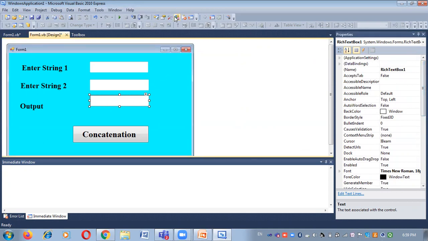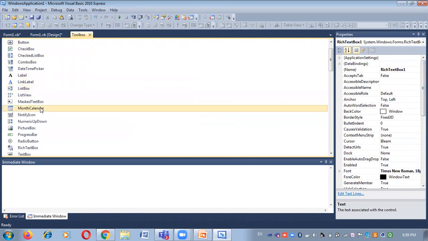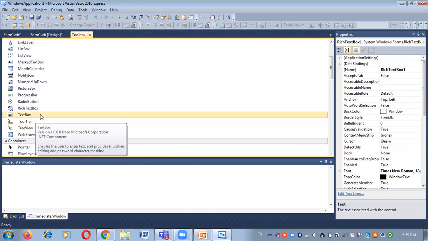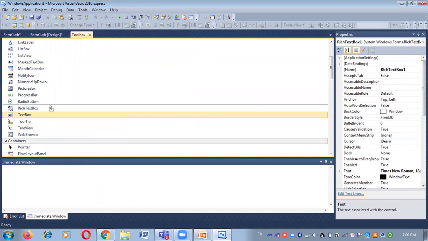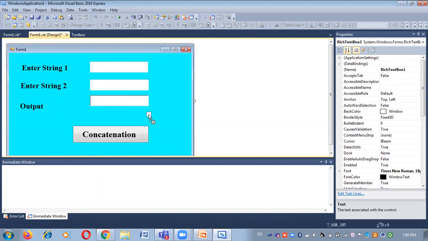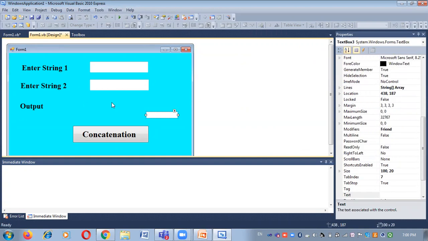Instead of considering a rich text box, I am going to use a simple text box.